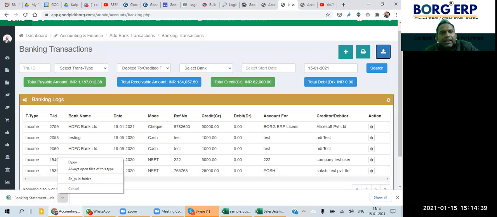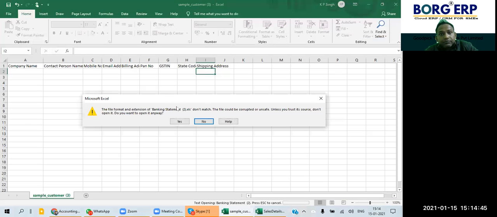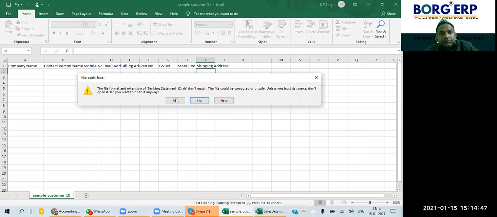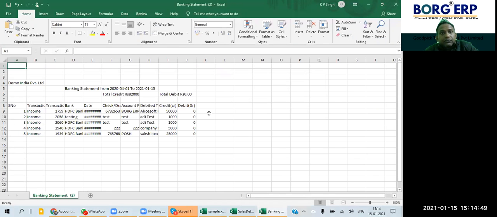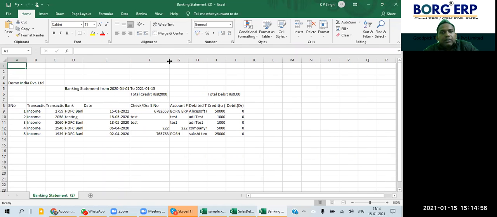So, the banking statement from Borg. You can see, just like a bank statement, you are able to download it from Borg.